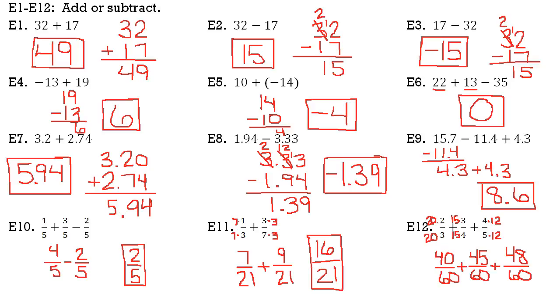Yikes, that's going to be a pretty big number here. You end up getting, when it's all said and done, 40 plus 45 is 85, plus 48 is 133/60. Now, if you have a teacher who would like your final answer as a mixed number, then it would